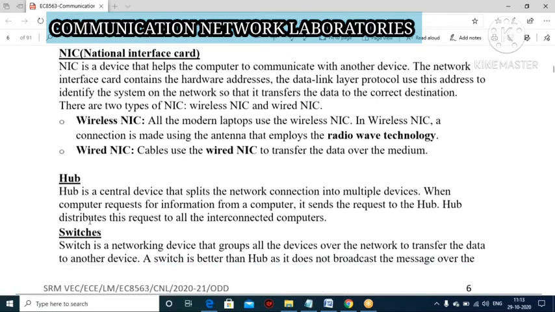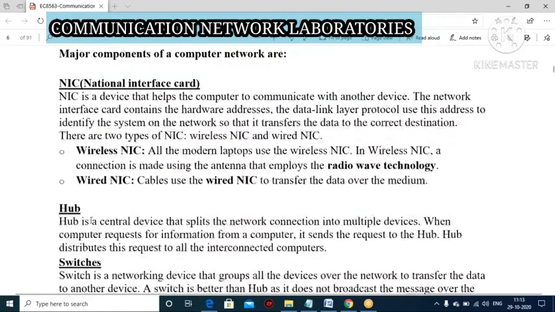Then one more major component is switches. Here the switch is also one kind of networking device. It also splits up your network connection into multiple devices. It is used by all the devices present over the network to transfer to another device.